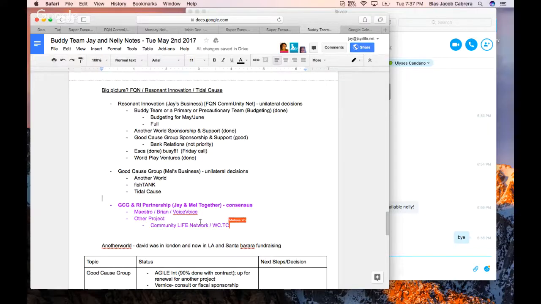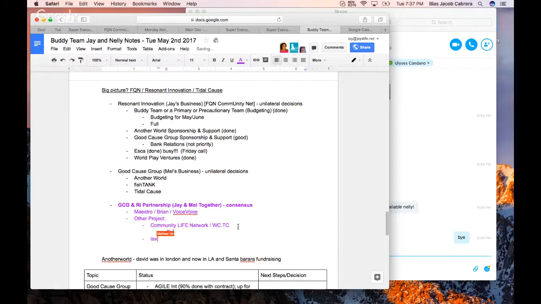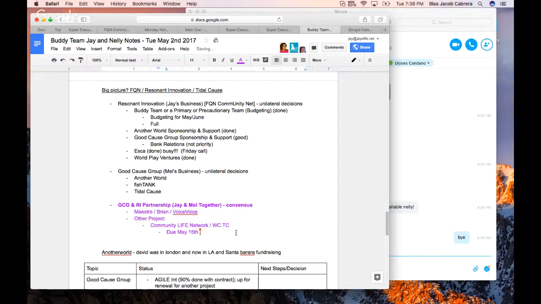Yeah, I mean, how are taxes with all the charities? Taxes are due May 15th. I'm not too worried about that. The nonprofit taxes are the easiest of the taxes to deal with. But yeah, there's a lot of stuff, but overall everything's more or less okay. My main issue is just getting my own personal bills paid and all the other stuff going on with me. But in terms of